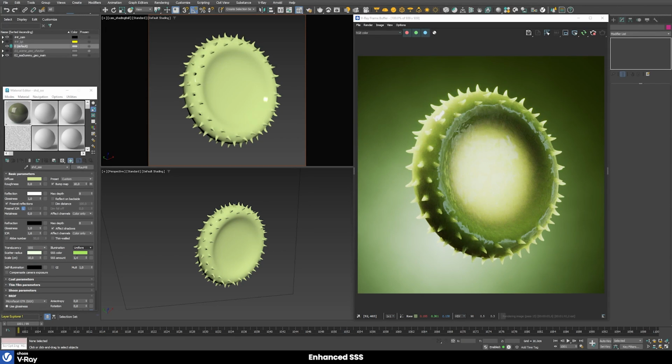It still looks like subsurface scattering, but it doesn't look totally identical to the directional mode, but it renders way faster than the previous mode. So let's quickly compare both shaders, and here we see the uniform mode, and this one would be the directional mode. And now it's great to have two different modes for different kinds of situations, because the directional mode sometimes can give you the more realistic result because it also takes the directionality of the light source into account,